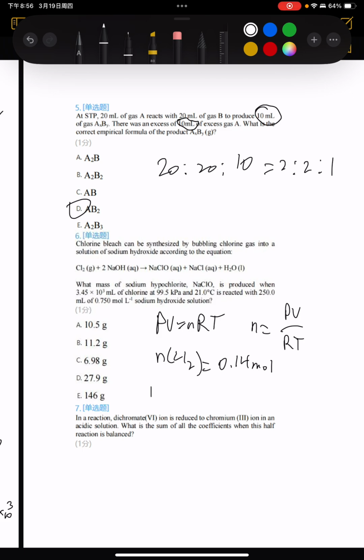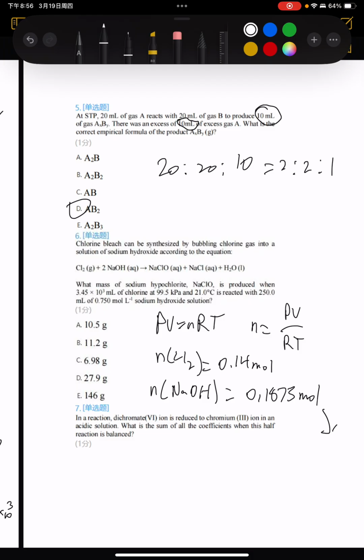And that the number of moles of sodium hydroxide is equal to 0.1875 mole. So then every 2 moles of sodium hydroxide per 1 mole of chlorine, so which means that this